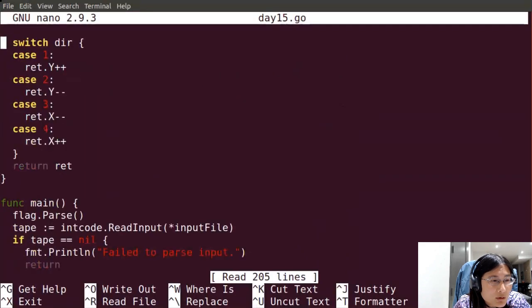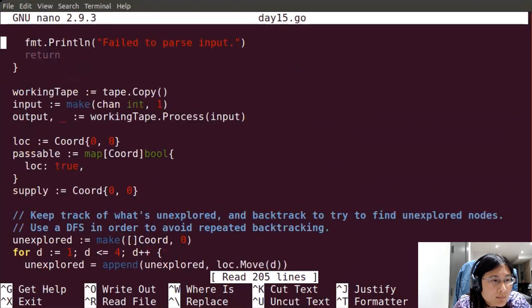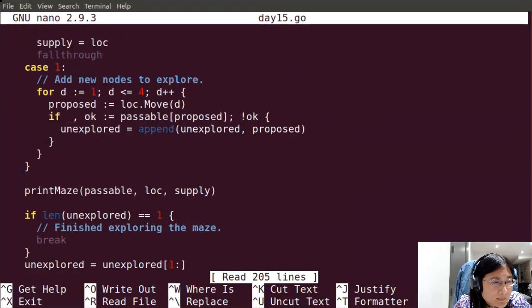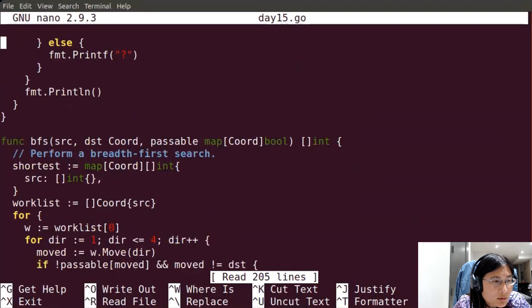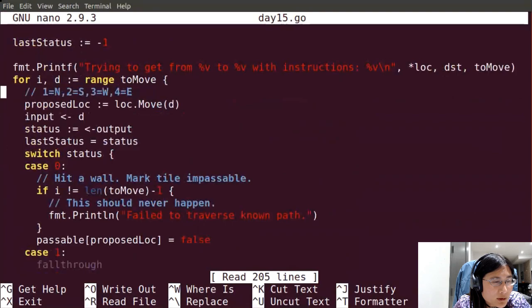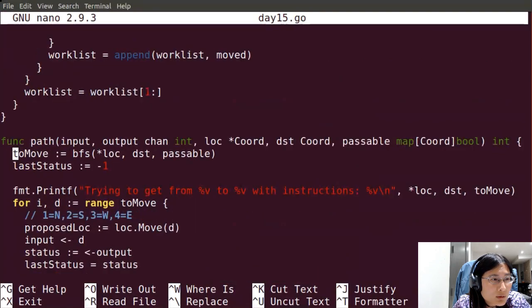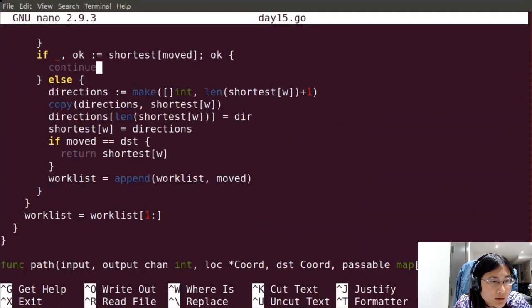Okay. Great. So that means I'm probably just calling this wrong. Mission to destination.